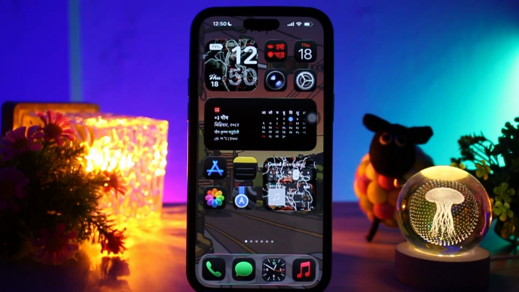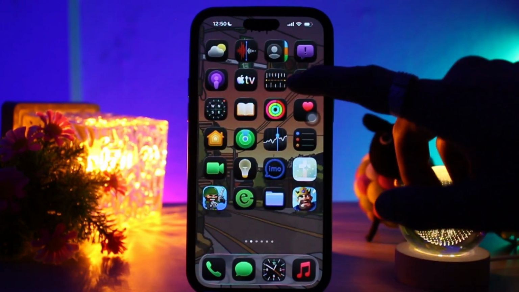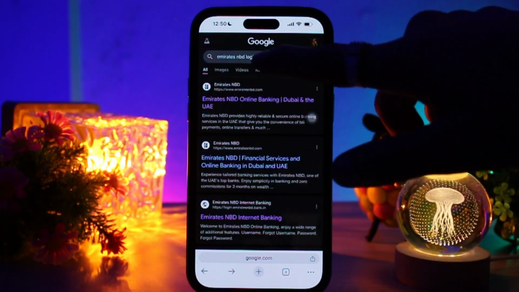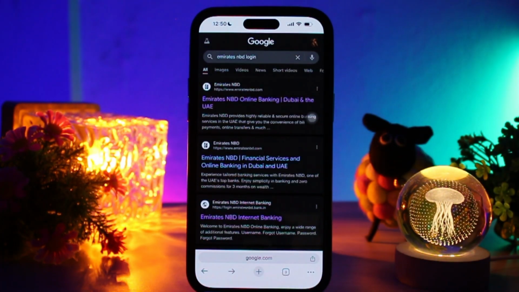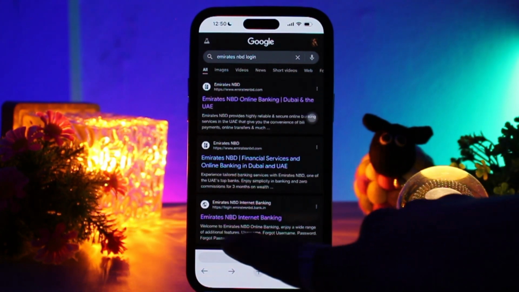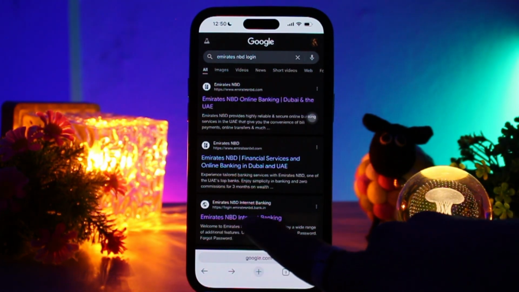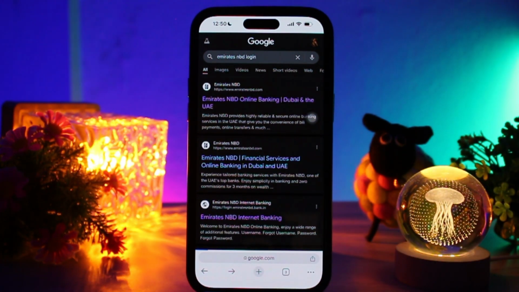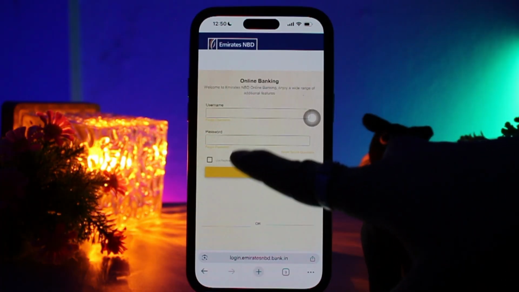To do it, what you can do is simply open the Emirates NBD mobile app, or simply head over to the browser. Then in the search bar, type in Emirates NBD login. Then once you're inside here, find the option that says Emirates NBD Internet Banking and tap on it. And once you're on the login page, all you gotta do is enter your username and password, then simply